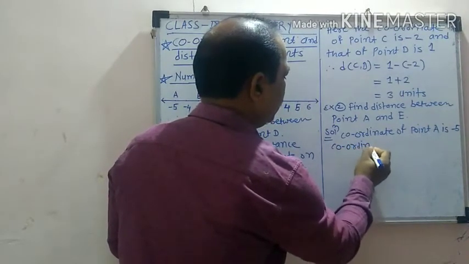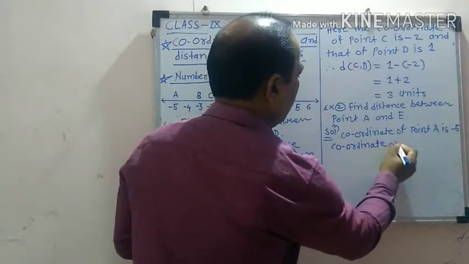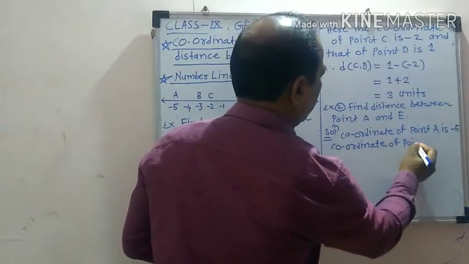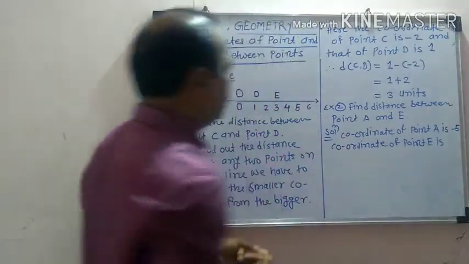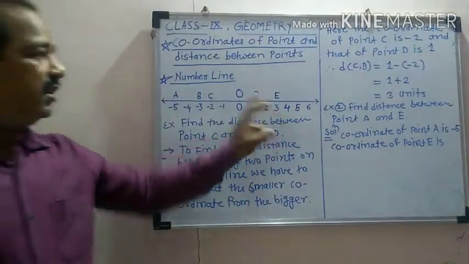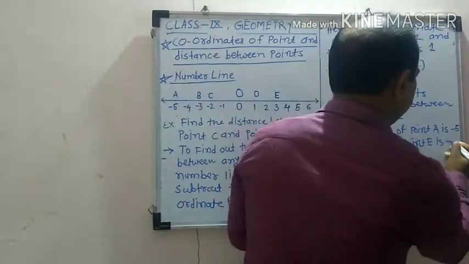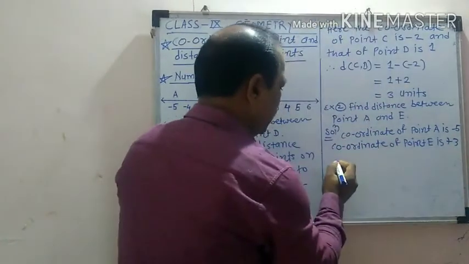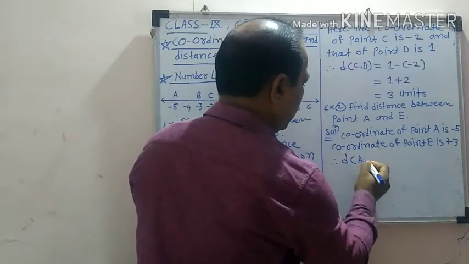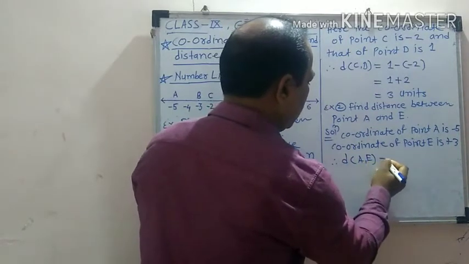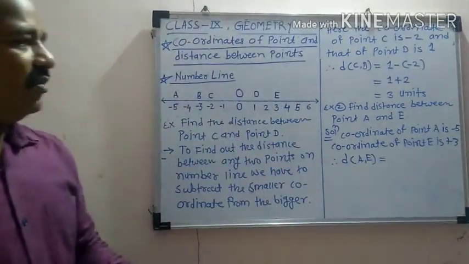Coordinate of point E is, what is the coordinate of point E? +3. Therefore, distance between point A, comma E is equal to, which is the smaller and which